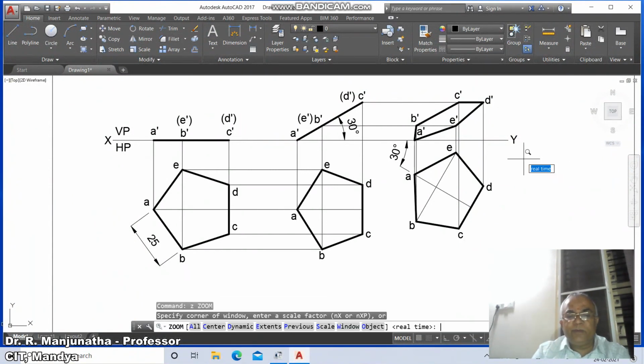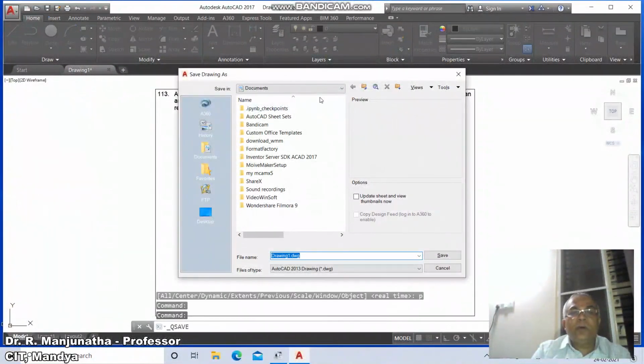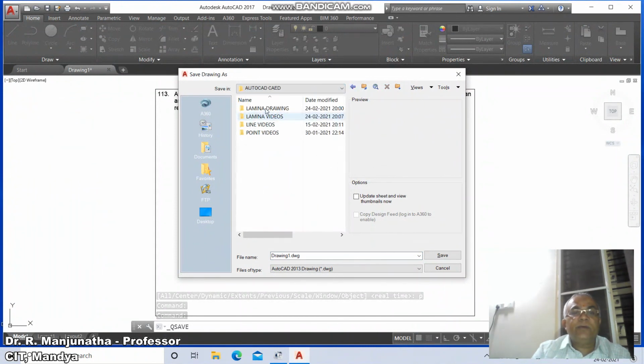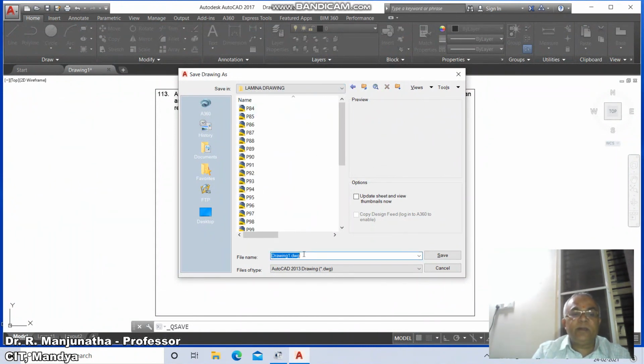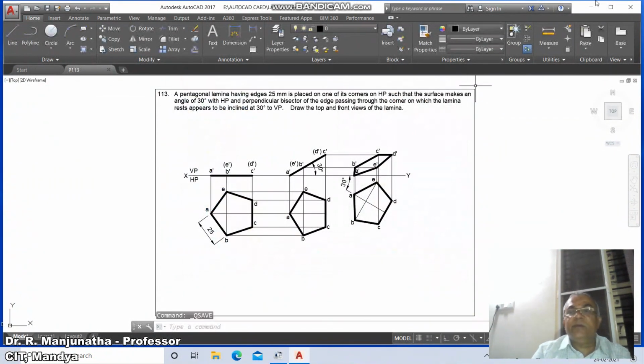Then go to zoom previous, then go to save, go to appropriate drive and the directory, go to lamina drawing, here you type P113 and save it, and finally